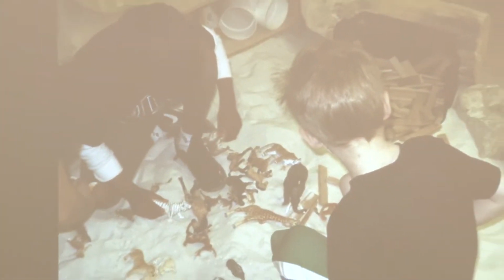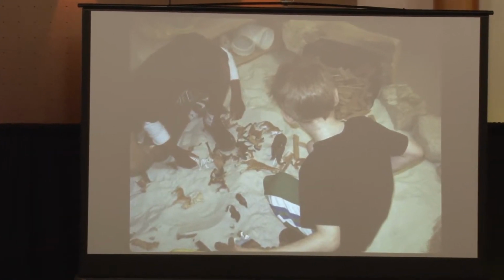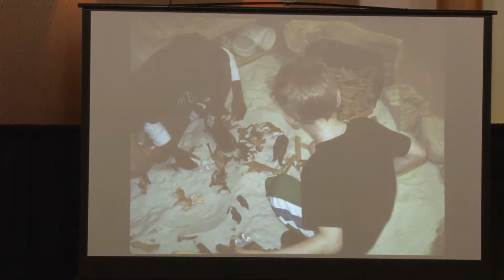And here we have children playing in sand, okay? And what can you tell about this environment? That's right. These are rocks, and there are blocks of wood. This is a shelving unit here. This is an indoor environment. It is not an outdoor environment. And yes, that would be sand on the floor.